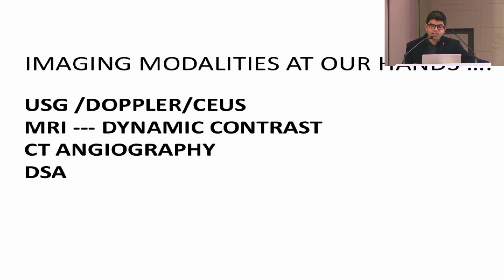So what are the common modalities that we have in our hands? Most commonly ultrasound, Doppler, and contrast enhanced ultrasound if we need it on the treatment part. MRI, we go for a dynamic contrast MRI along with the other sequences definitely. CT angiography, many times the patient comes with it even if we do not prescribe it, or sometimes we prescribe CT angiography if we already know the tumor on ultrasound and just want to know the arterial supply of the tumor. Say if we are embolizing a hemangioma and need to know the vascularity, then we can go ahead with CT angiography or MR angiography, contrast or TOF. And DSA obviously with the treatment.